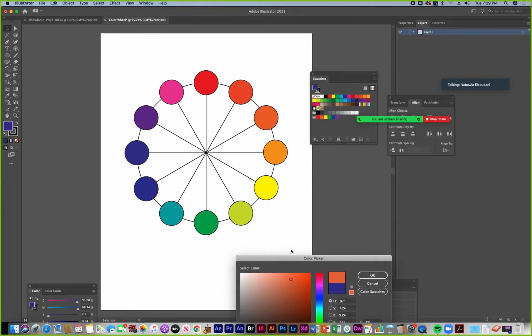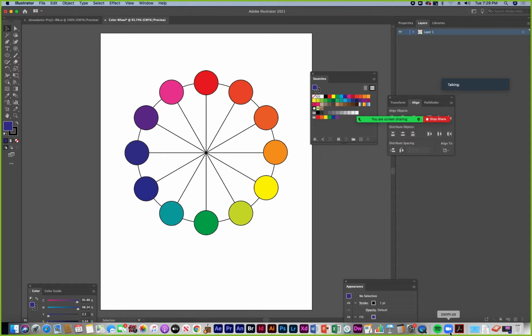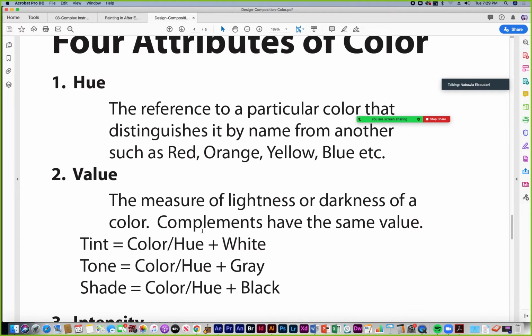You can look at the color wheel. Orange and blue, right? So if you choose orange, you need to do nothing but oranges and blues. Different oranges, they can be pale oranges, tints of orange, tones, shades, and the same thing with blues. You can use all different kinds of blues, tints, tones, shades, or pure blue colors. So value, hue and value, two attributes of color.